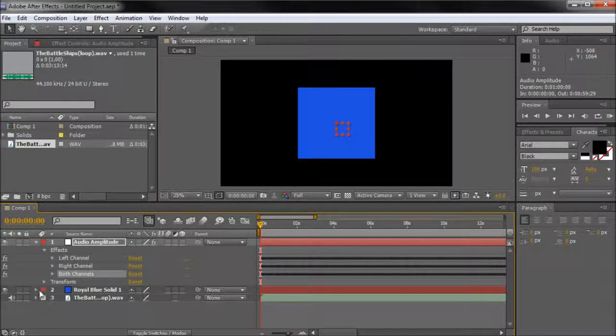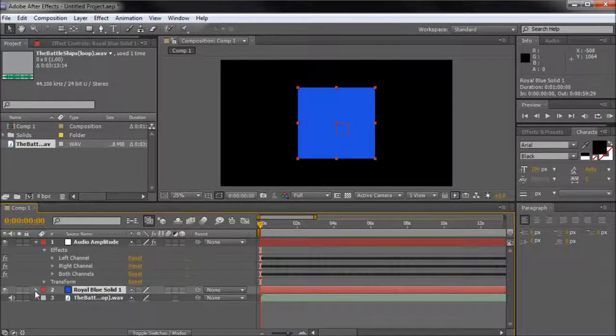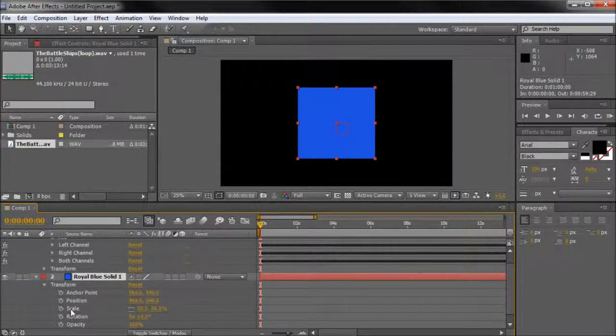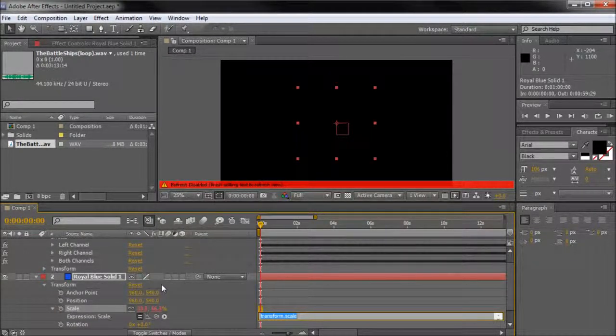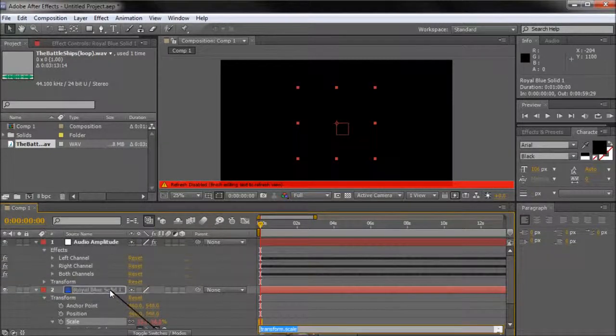So what we're going to be doing today is basically we're going to open up this blue solid, and we're going to open up transform, and then we're going to animate the scale based on the sound. So what I'm going to do is alt click on the stopwatch next to scale, and that's going to open up the expressions. If you saw my last 60-second tutorial, I started to talk about expressions in that. But what we're going to do is grab our little pick whip here. It's this little curly circle, basically like a little spiral, and when you're dragging and holding, you should see this black line, and we're going to go up,